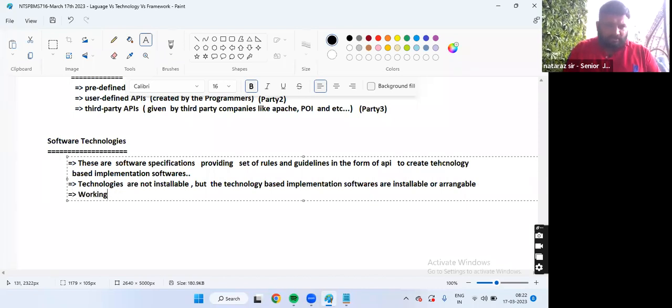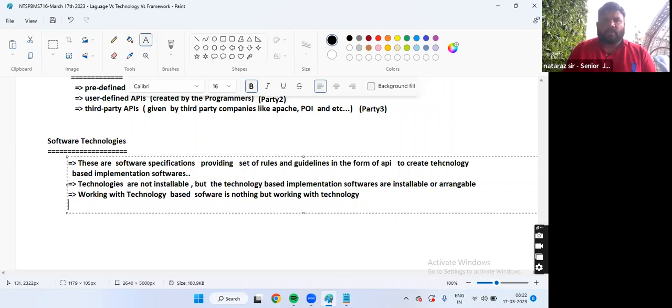Working with technology-based software is nothing but working with technology.